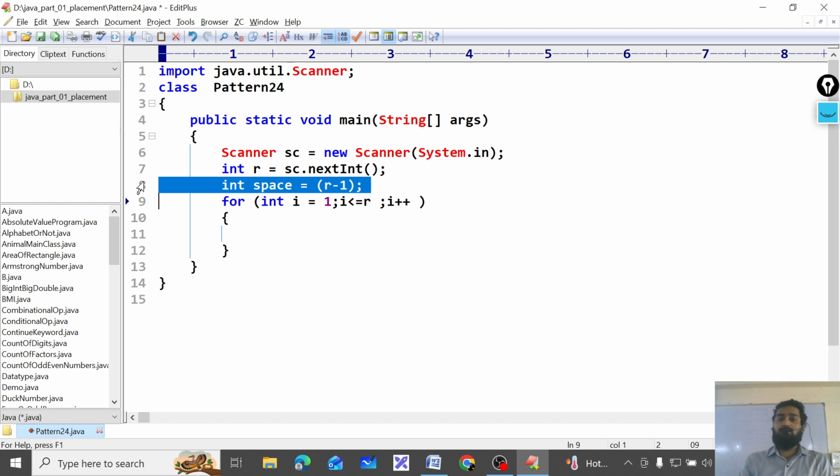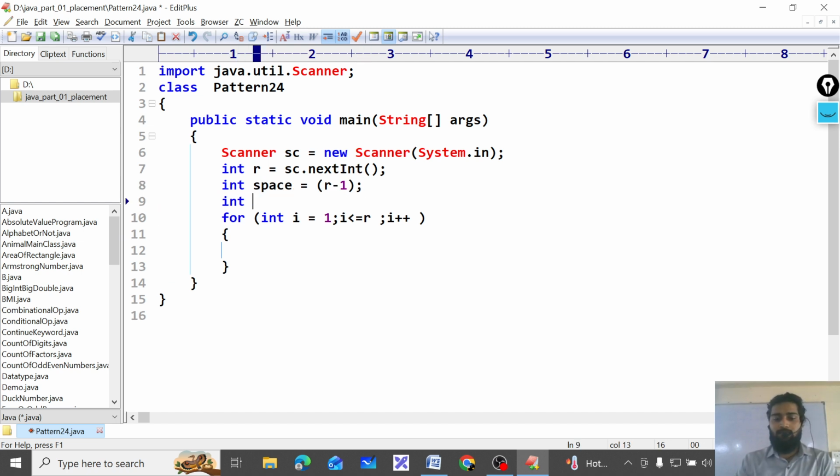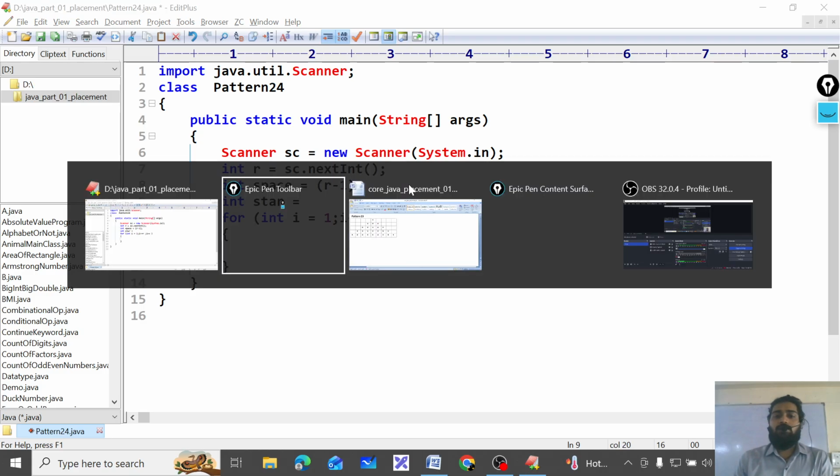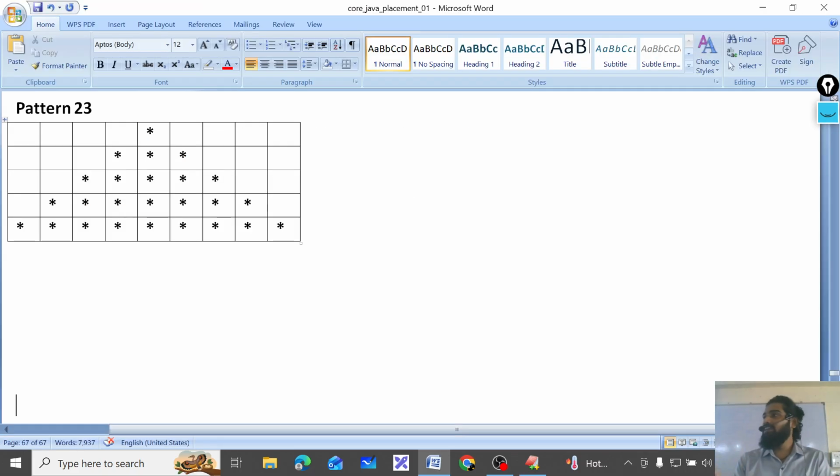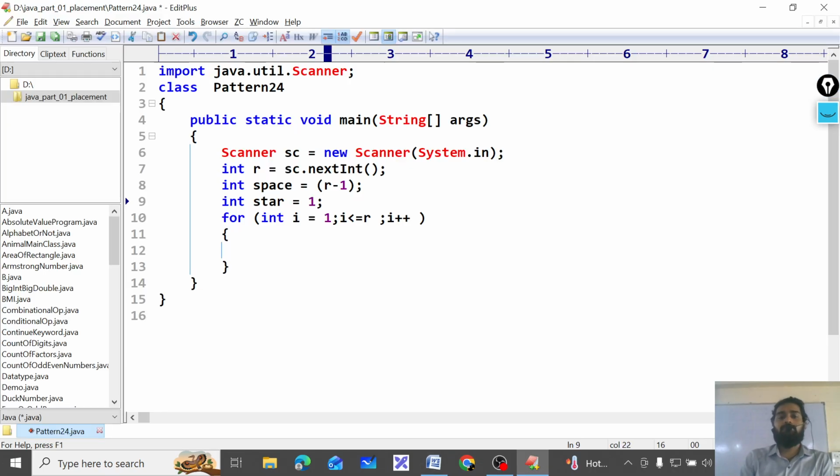Very nice then, whole class is beautiful. Let's continue. After this, one more variable, int star is equals to, star value is what? See, whatsoever the number of rows, always 1 star will be there on the top, no? How many of you did not understand why star value is 1? See, let it be any number of rows. So the top row will have only 1 star, no? Single star, no? Understood or not understood, everyone? Okay, very nice, good.